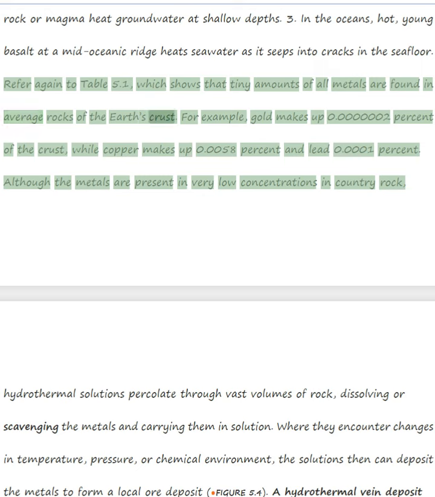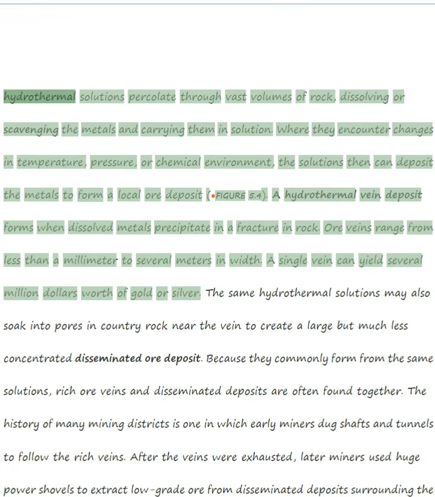Refer again to Table 5.1, which shows that tiny amounts of all metals are found in average rocks of the Earth's crust. For example, gold makes up 0.000002% of the crust, while copper makes up 0.0058% and lead 0.0001%. Although the metals are present in very low concentrations in country rock, hydrothermal solutions percolate through vast volumes of rock, dissolving or scavenging the metals and carrying them in solution. Where they encounter changes in temperature, pressure, or chemical environment, the solutions then can deposit the metals to form a